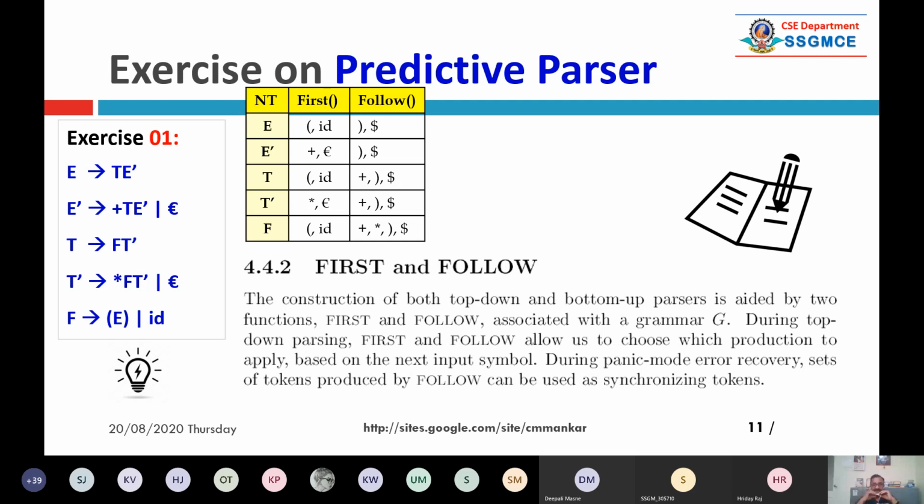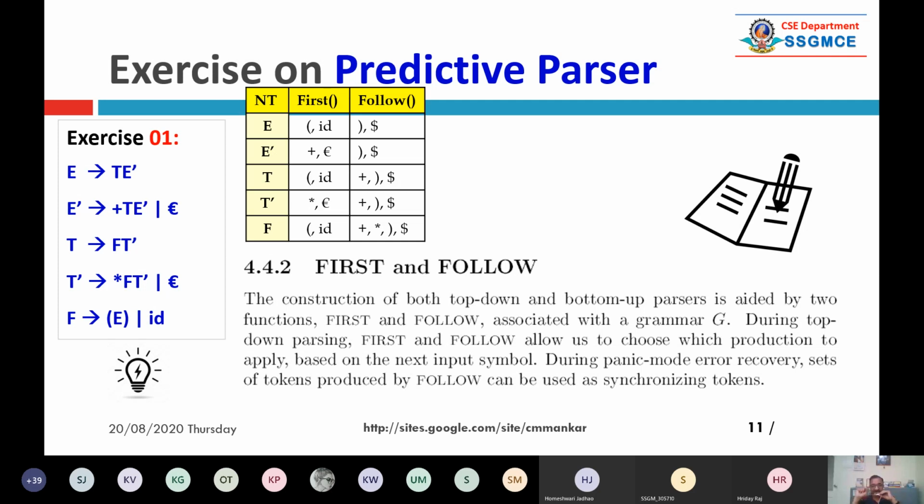So this is theory. Why do we need the first and follow sets? First and follow sets give us look aheads. We have seen the concept of look ahead. Look ahead tells you which production rule we should choose during the derivation. Once we have look ahead, it is very easy to choose the production rule. For example, if there are thousands of production rules, it is very complex to decide which production rule to use in derivation.